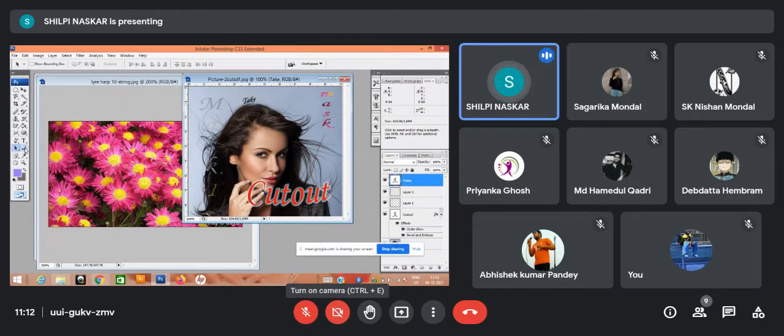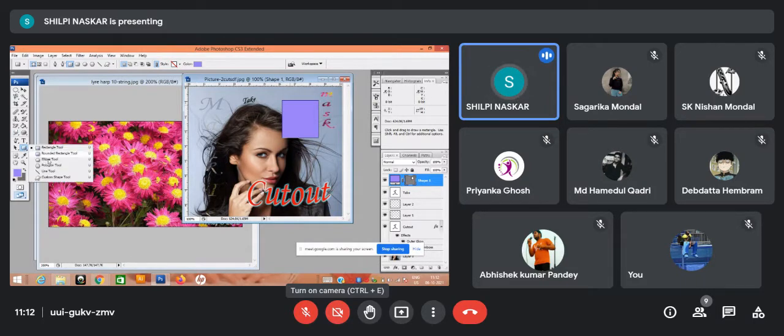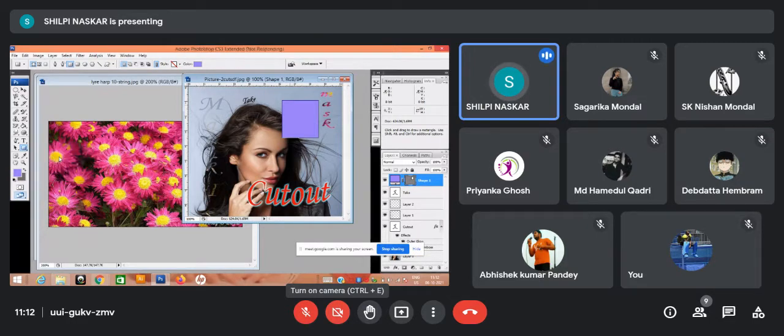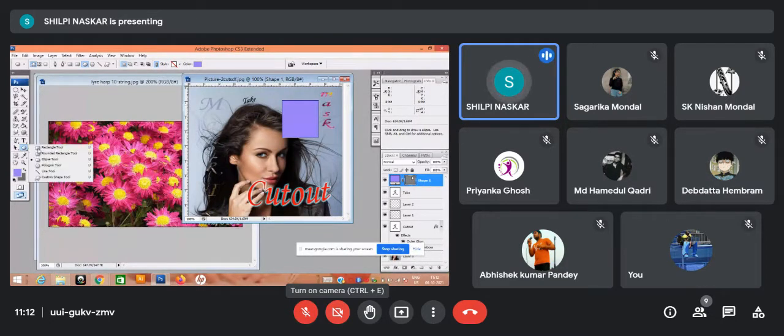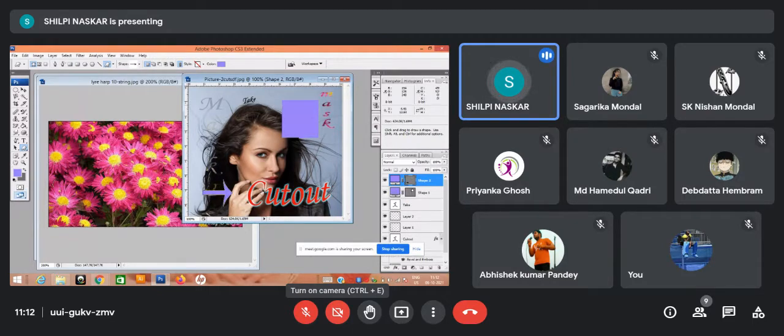Okay, so here this is the shape tool. In the shape tool there are different kinds of shapes. These are common things, like Paint. There are polygon, elliptical, different types of ready-made shapes. You can use them, but see, while I am making this shape, it is normally filled by a particular color. And what color is this?